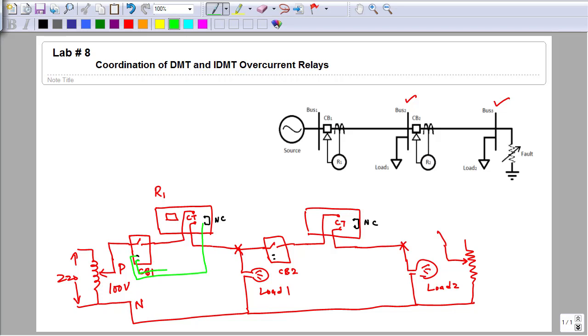Once the relay trips, its normally closed contacts will become open. The same is the case with the circuit breaker. It will receive an open across its relay terminal, and the circuit breaker will be tripped by the relay. So here is the connection for the circuit breaker control terminal. Now this is the complete circuit diagram to implement this system that is given in the manual.